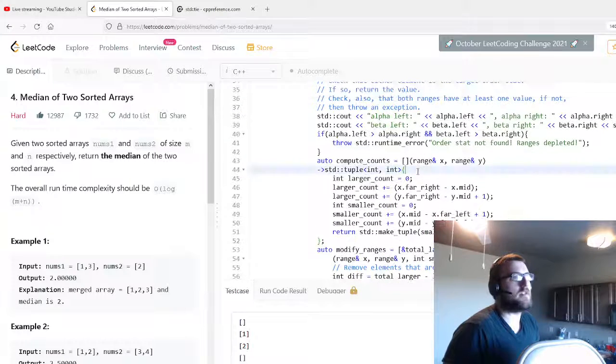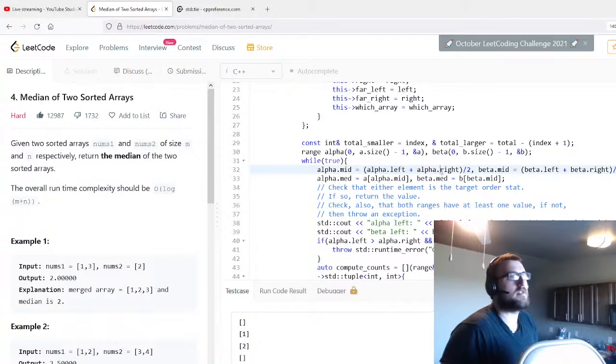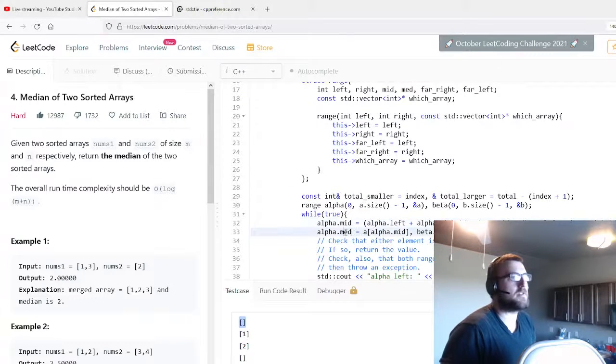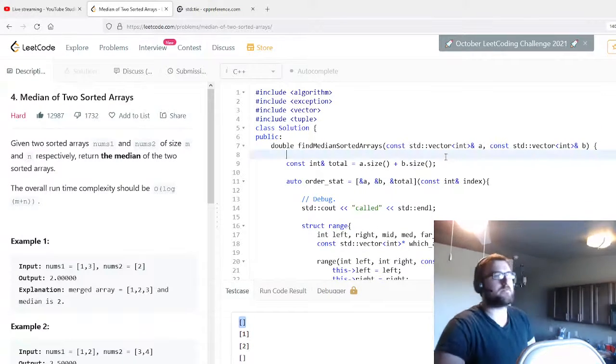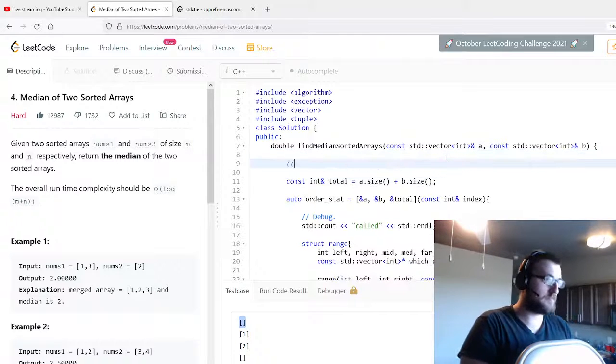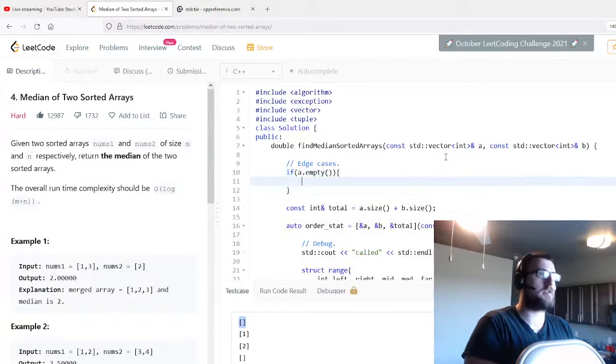I mean, if it's empty, then I think this is the issue, right? This mid just gives you an error. Calculating the medians. We'll just say edge cases. A.empty, and return... actually you have